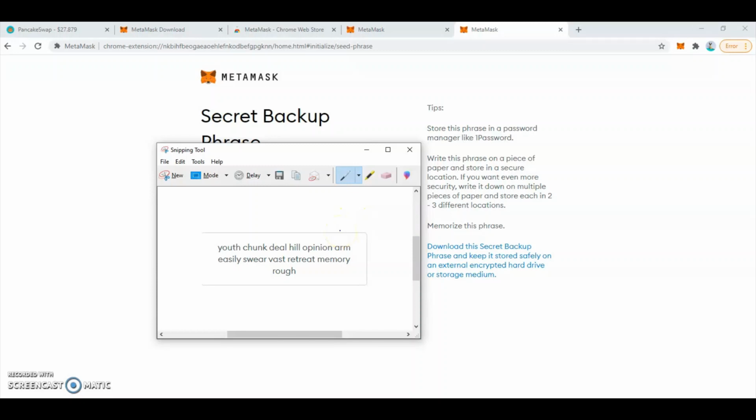All right, so right now I'm gonna write this down, because I know I'm gonna need them. So the first one is youth, chunk, deal,